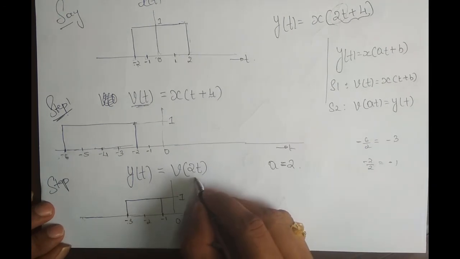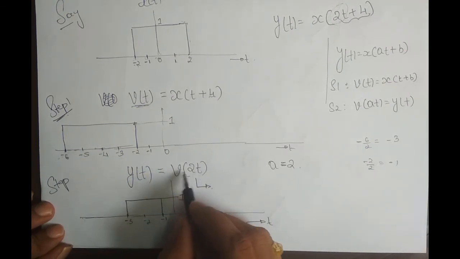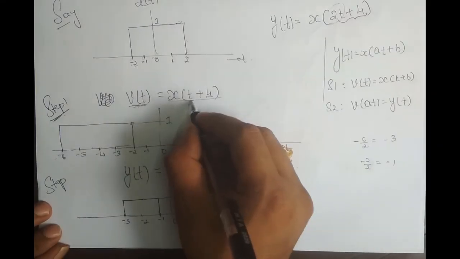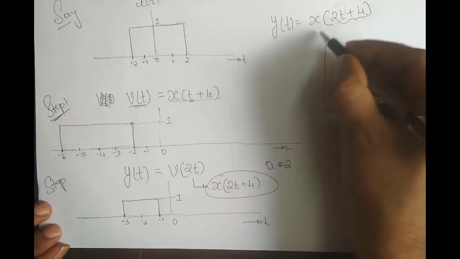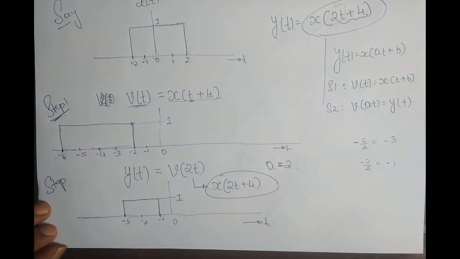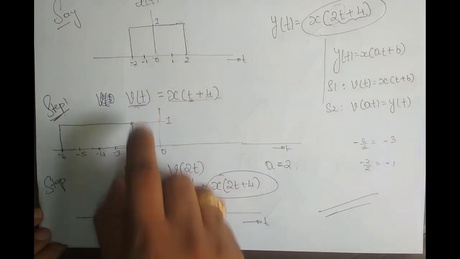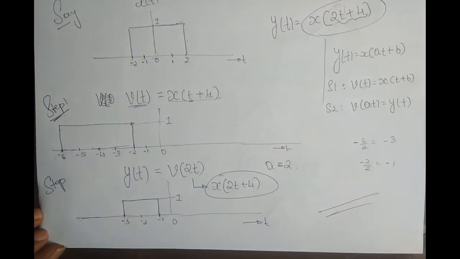Okay. Now mathematically, does it hold good? So what I need is v of 2t, and we know v of t. So how do I get v of 2t in terms of x of t? It is x of, wherever t is there, you have to replace it by 2t, right? So x of 2t plus 4. This is what I wanted, x of 2t plus 4, and this is the sketch we have. So this is how we have to follow the precedence rule. First you have to shift the signal and call it the intermediate signal v of t, and then you have to scale the intermediate signal. Fine. So while solving the problems, we will take up a few examples with a more complicated signal. Okay.